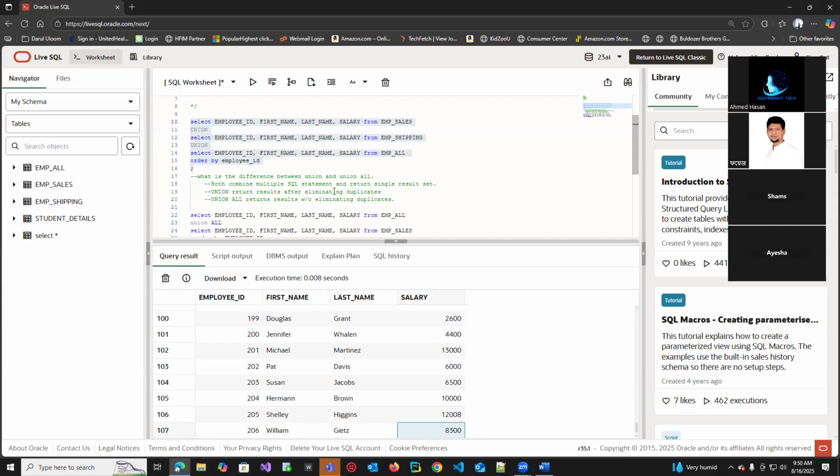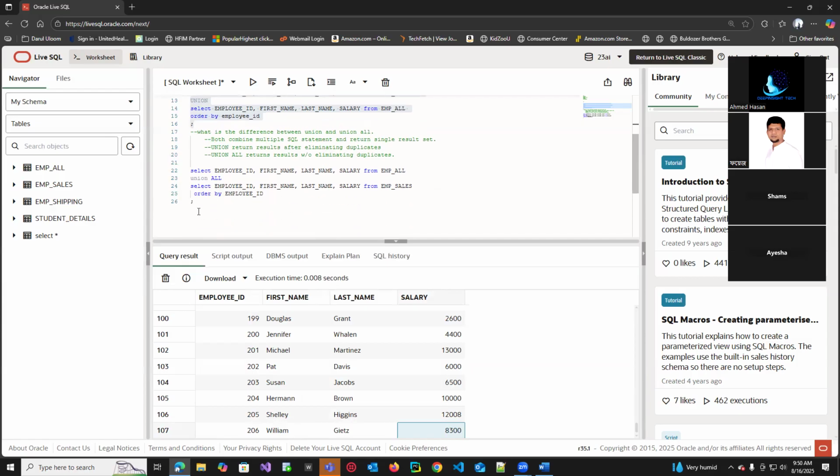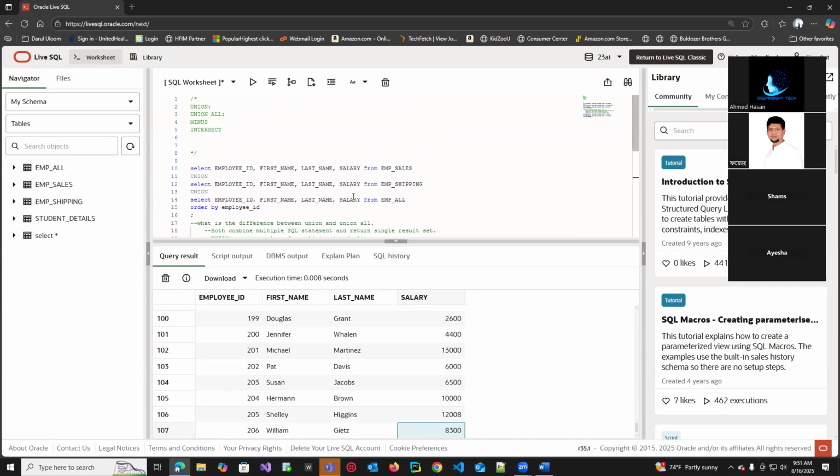So this we covered last class also. Same thing we discussed. So now let's do one thing. Sales has 2 records. Employee has 107 records. Now let's do another operator called the minus operator, which is very important,